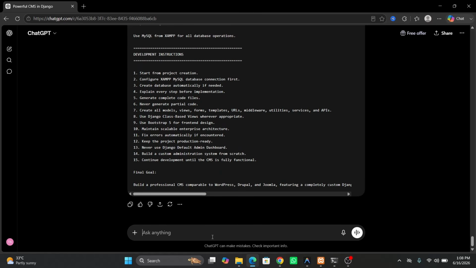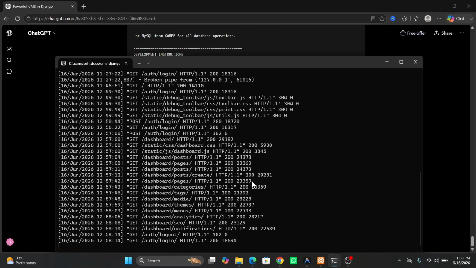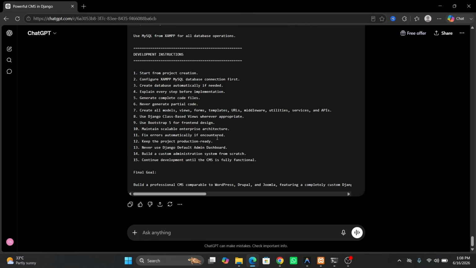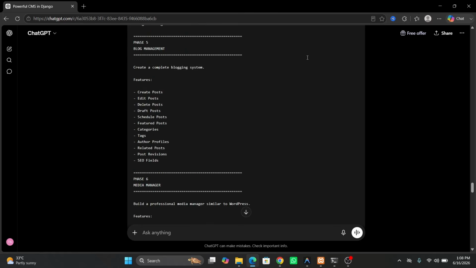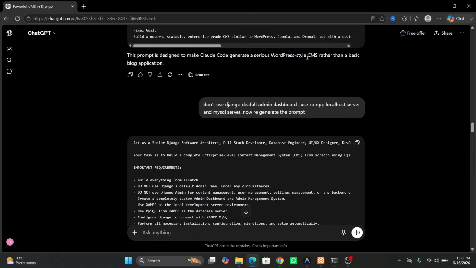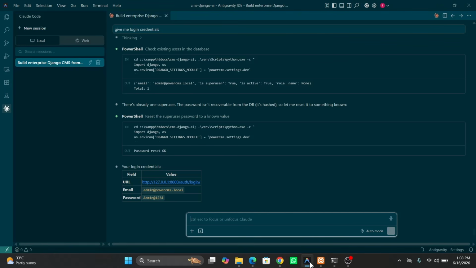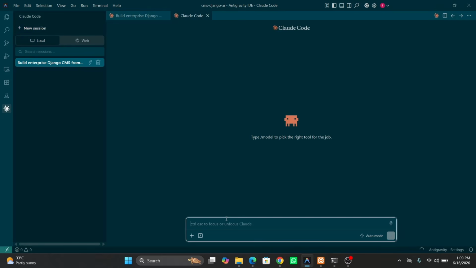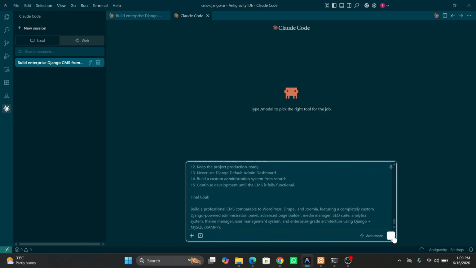Now if you want to mention that, okay, I am not a coder, you can run the server and add the database also, then it will automatically do everything. Then when the project is done, you will see a link. The server will run automatically in the background, and then you can access the project. So I have to copy this from here. Just copy this and go to Anti-Gravity. From here you can select new session, and here you can paste it. Then hit enter, or click this arrow sign, and then it will generate the whole project